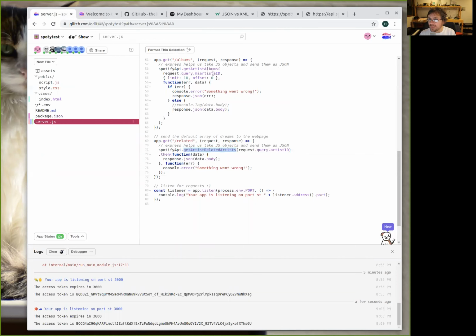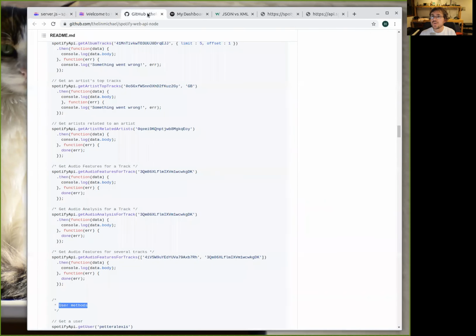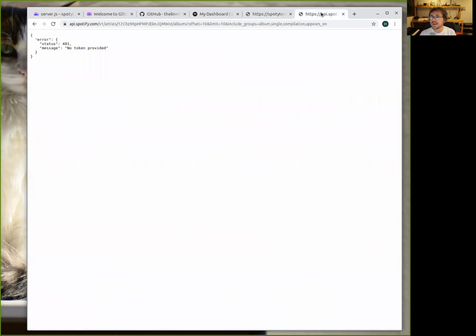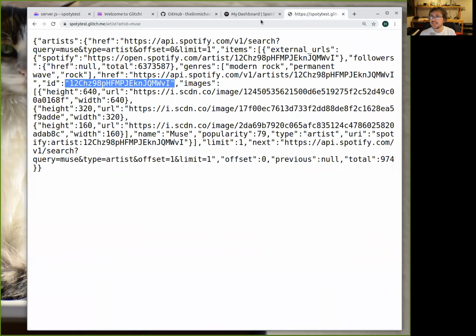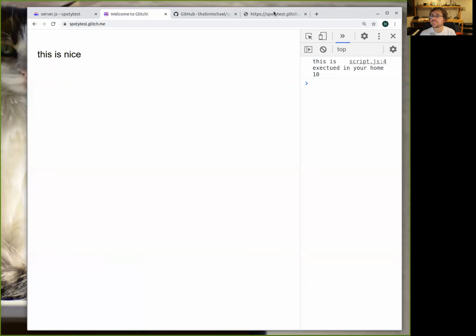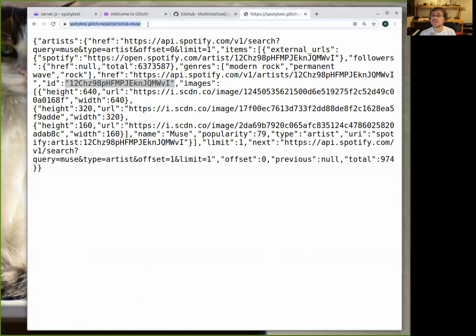Actually, I'm going to change this one to artist ID, because I think this will be more consistent. Give me a similar artist to Muse. So who can tell me how I can change this in order to get similar bands?